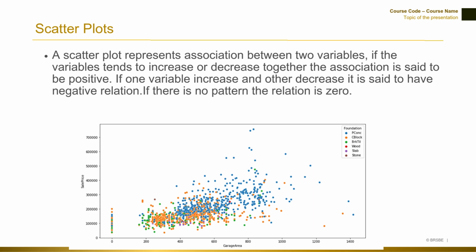First is positive correlation. If the points tend to rise together, for example, as one variable increases the other also increases, the relationship is considered positive. Second is negative correlation. If one variable increases while the other decreases, the relationship is negative. Next is no correlation. If there is no discernible pattern or trend in the data points, the relationship is considered zero or weak. Scatter plots provide a clear visual representation of the relationship between two variables, making it easy to identify